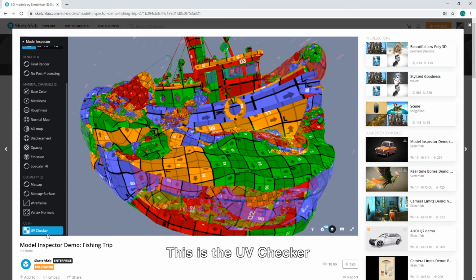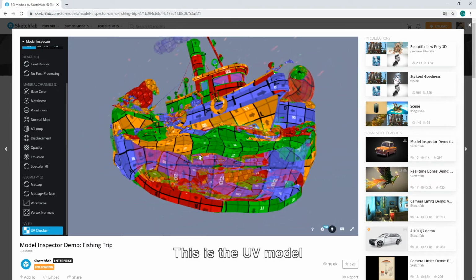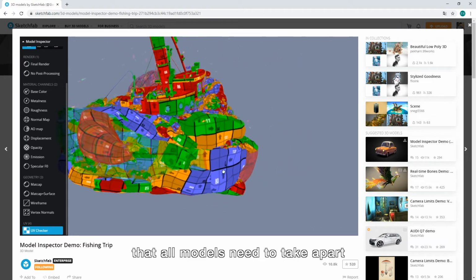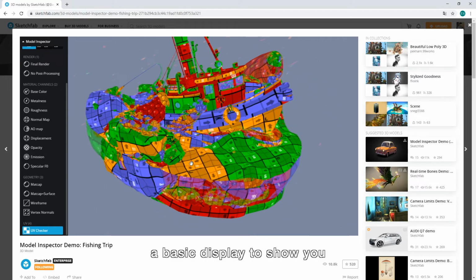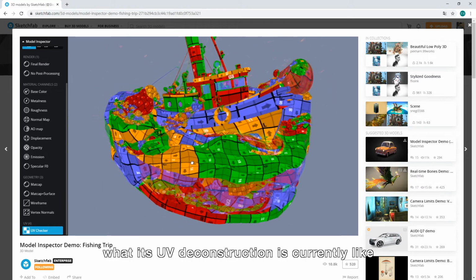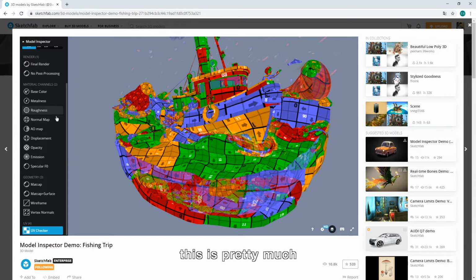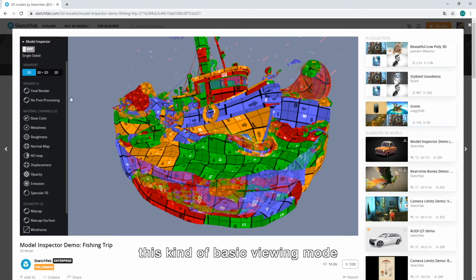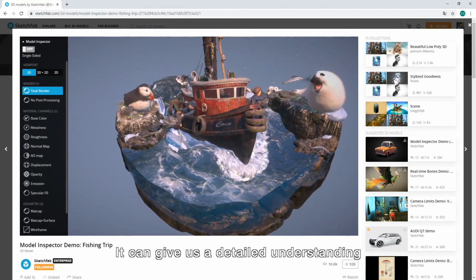This is the UV checker. This is the UV model that all models need to take apart. Now it gives you a basic display to show you what its UV deconstruction is currently like. So this is pretty much the kind of basic viewing mode. It can give us a detailed understanding